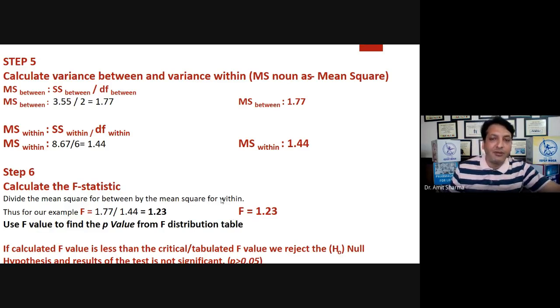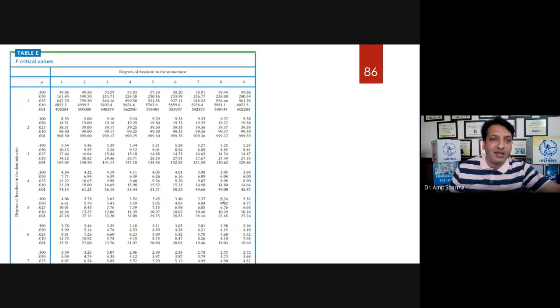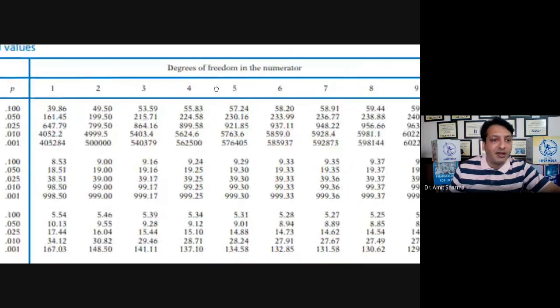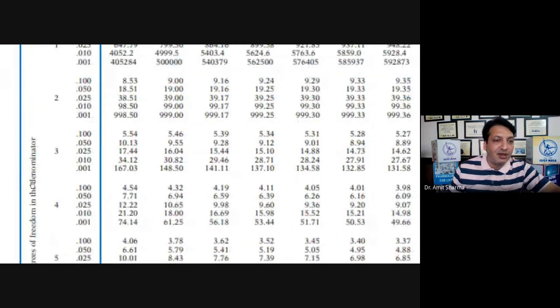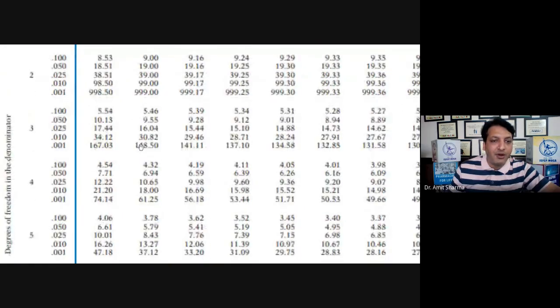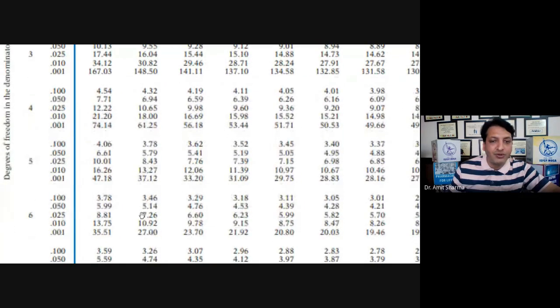So by using this test, we can compare three different means. This is the table that we have used. On the top we have a numerator, and on the right hand side we have a denominator. And we know the degrees of freedom which we got. For numerator, I'm going to use this column for 2, and the denominator was 6, so I'm going to use this row.